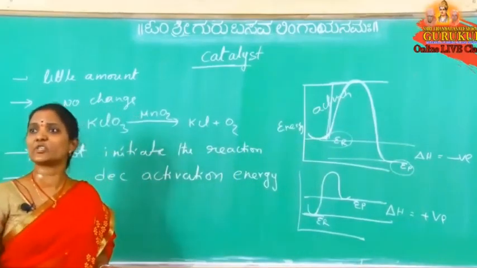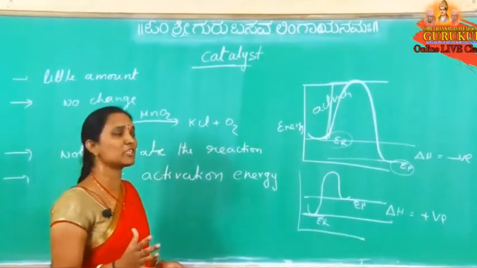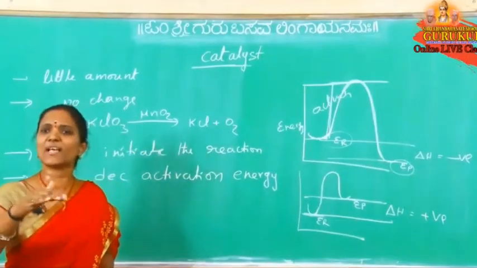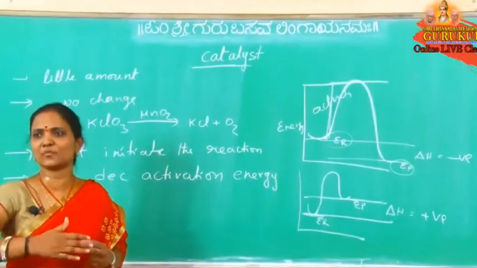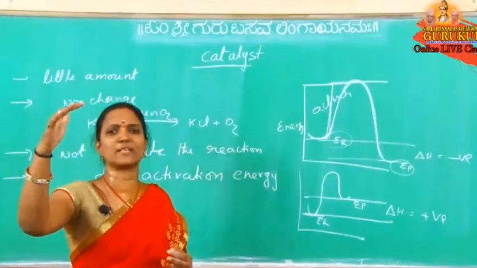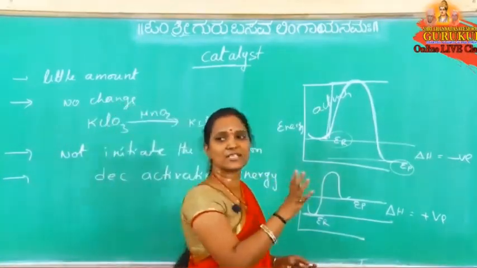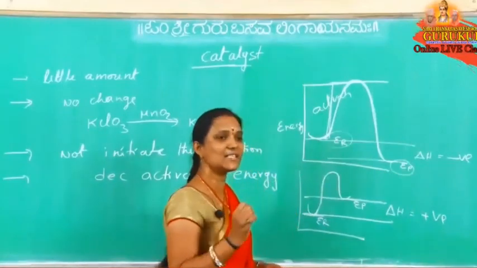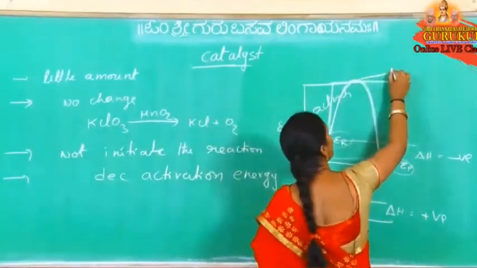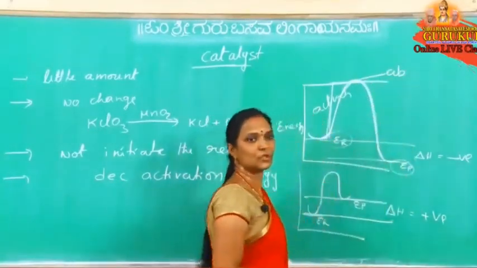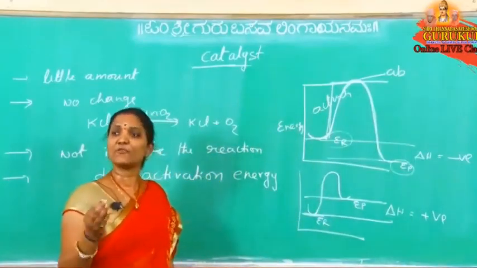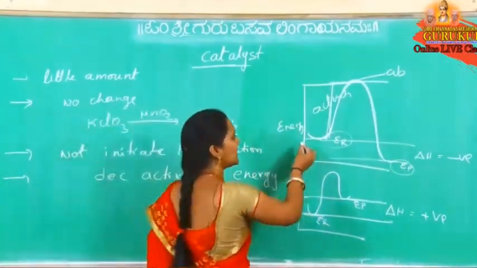Now if more activation energy is required, the reaction is a slow reaction, because more energy is required, so more molecules should gain this energy before they change to products. That reaction is a slow reaction. Now, this is the absence of catalyst; there is no catalyst here. If a catalyst is added, what happens?